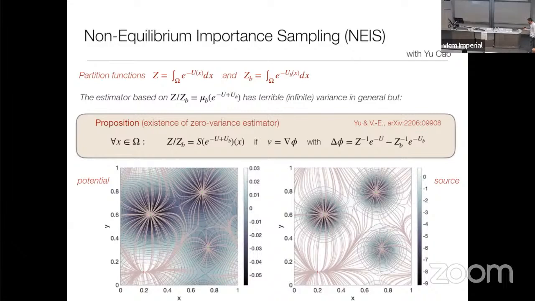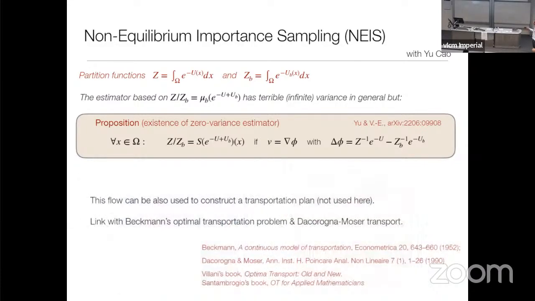Okay. Now, this is an existence statement, but you can use it by saying, well, let's try to learn this V using a technique similar to the one that I explained before. But maybe before I say that, there are connections between this problem and optimal transport. I'm not going to discuss that. There's also a connection between this problem and Beckmann transport, and I'm not going to discuss that either, but the references are given here, and there's a lot of information in the book by Cedric Villani about this, and another book by Santambrogio, which is fairly accessible.